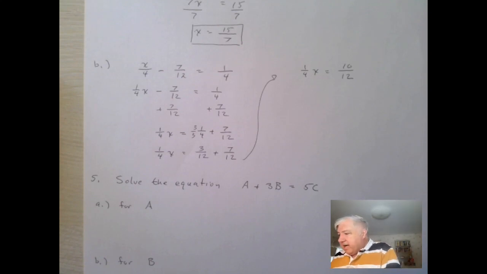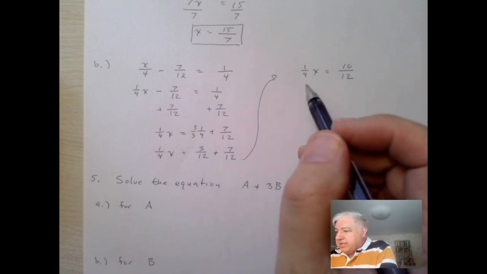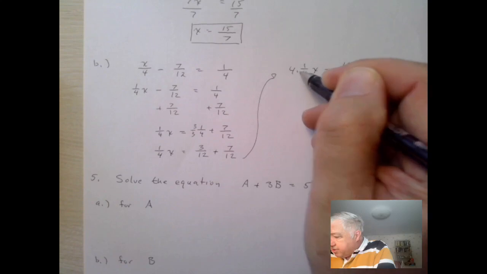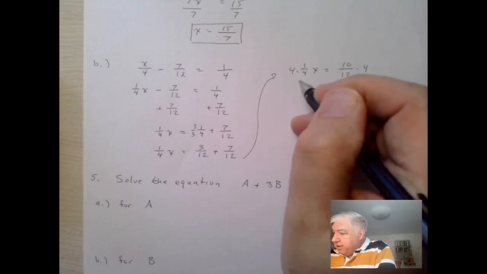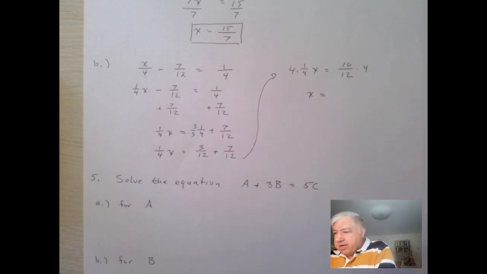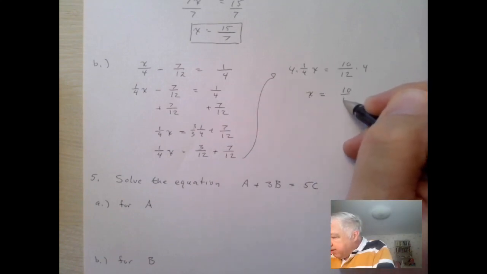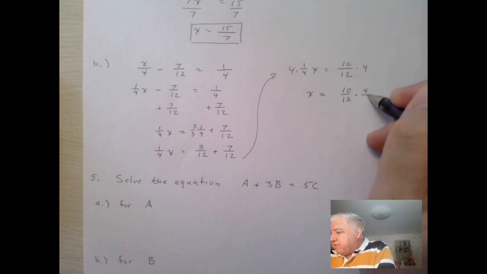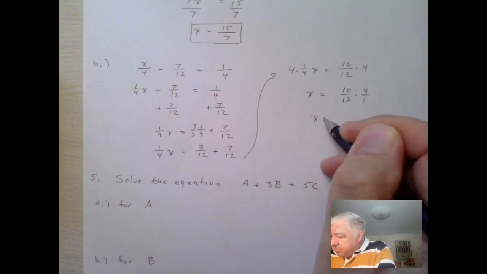In fact, when you divide by 1/4, that's the same thing as multiplying by 4. So why don't we just multiply both sides by 4, and then these cancel, and we get 1 times x, which is x, and this will be 10/12 times 4, and we can always write 4 as 4 over 1, so x will be